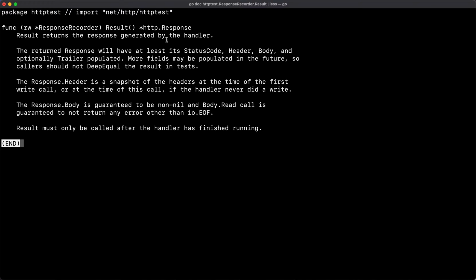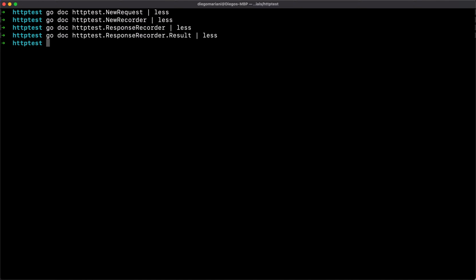Result returns the response generated by the handler. The returned response will have at least its status code, header and body, and optionally trailer populated. More fields may be populated in the future. So this is basically a snapshot of the response that is going to be populated by the handler you pass this ResponseRecorder into.